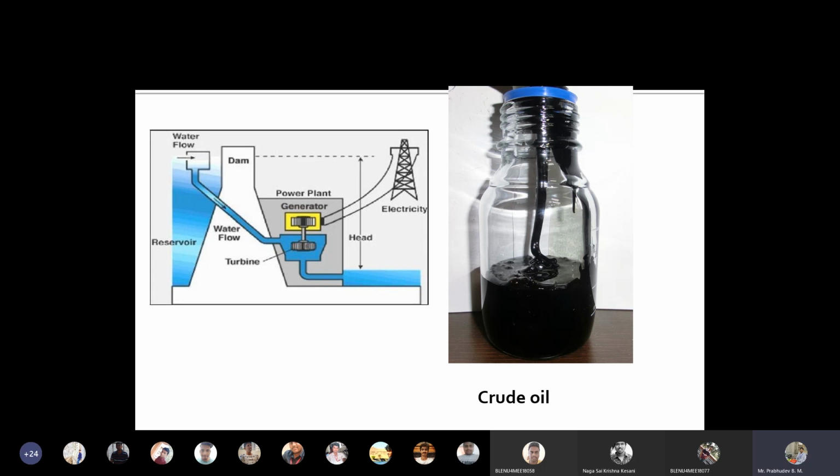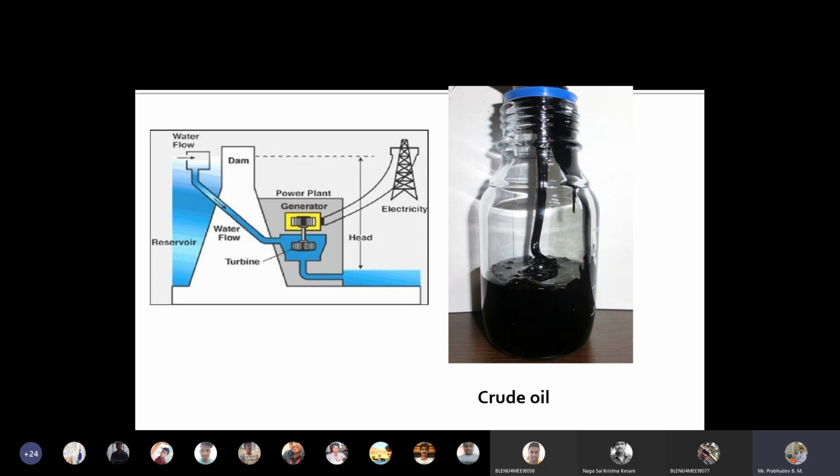Actually, due to this pandemic condition, last semester's lab was not completed. But still, I guess for a few people, I have explained how energy can be extracted. The equation, if you remember, is pressure into discharge. So water, if it has some pressure, and the amount of water you release to the turbine blades will be directly proportional to the amount of power you get.